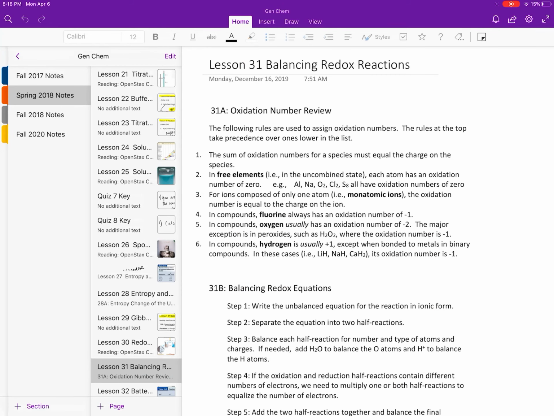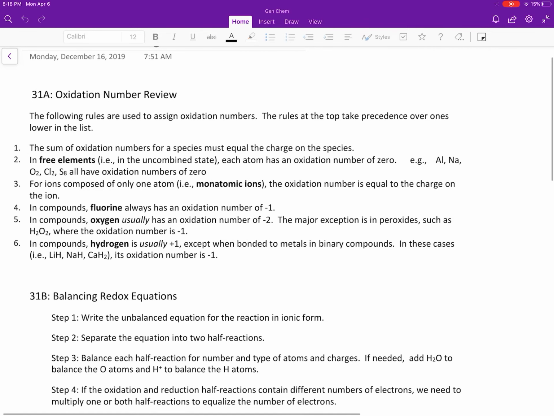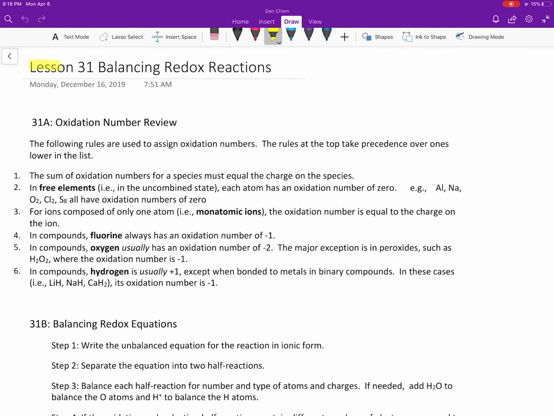So we're going to do lesson 31, which some of it is review. And so that is a great thing to have. It's a review. We're going to start with oxidation states, how to assign oxidation numbers. So this whole lesson is about balancing redox reactions, which is a really important thing to be able to do